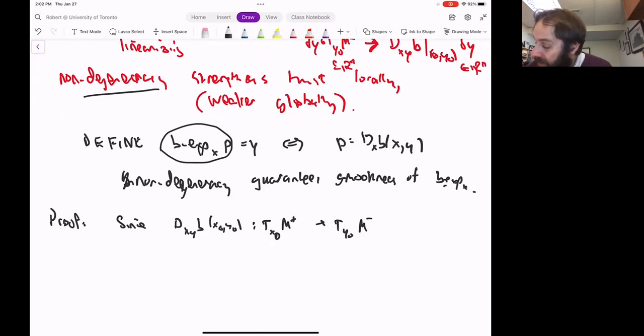I could think about it as a mapping taking values in cotangent vectors. It's a map from the tangent space at x naught to the cotangent space at y naught, or from the tangent space at y naught to the cotangent space at x naught, depending on which way you want to think of it. But since it's invertible,